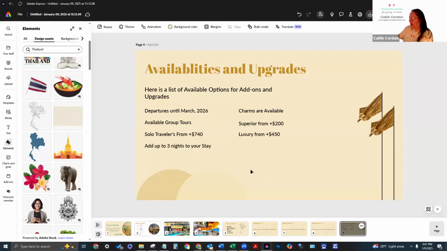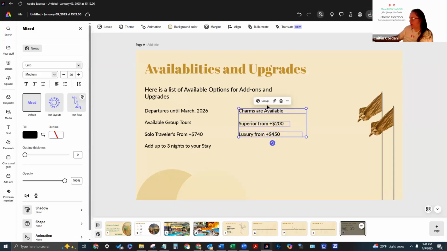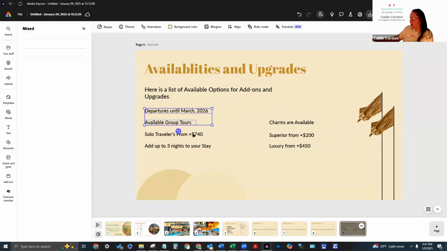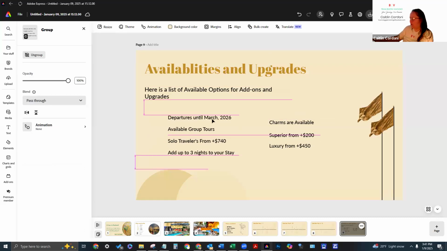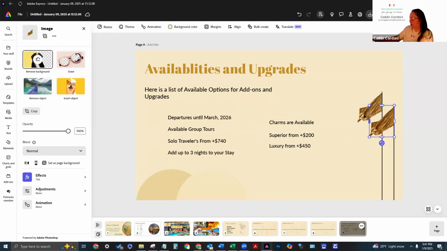So now that we have this information, we can group these together and move it around. And then group these together. And now we can move this around. So now that looks great. And then